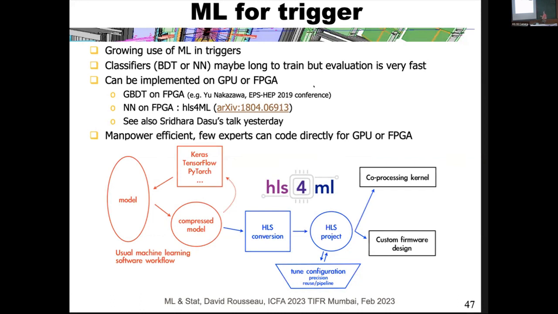And also, now there is code to put this neural network on FPGA. So I know that you've been working on FPGA in the lab experiments, and there is something which was developed primarily by CMS people. It's called HLS4ML, which helps to input a neural network into an FPGA. And so if you know how to do this, since many different algorithms can be translated into neural network, then it's manpower efficient to do this. And so there are a lot of developments these days using this technique of HLS4ML.